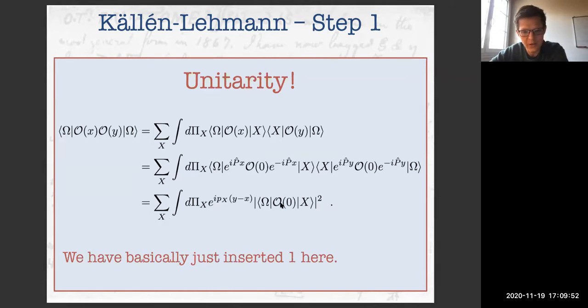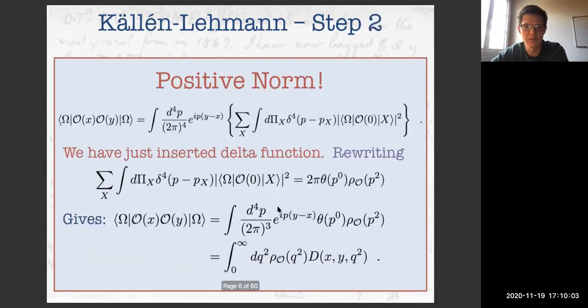And you can see in this form that we get the modulus squared of a matrix element that you're integrating over and summing over all of the momentum eigenstates of the Hamiltonian. So this is a positive definite quantity. And then we can take this and insert 1 again. What I've done here is put a delta function between p_x and p, and then integrate over all p to just recover this initial expression. So we've put in 1 again. And then you see that this 2-point function is the Fourier transform of this object, which is entirely positive definite.